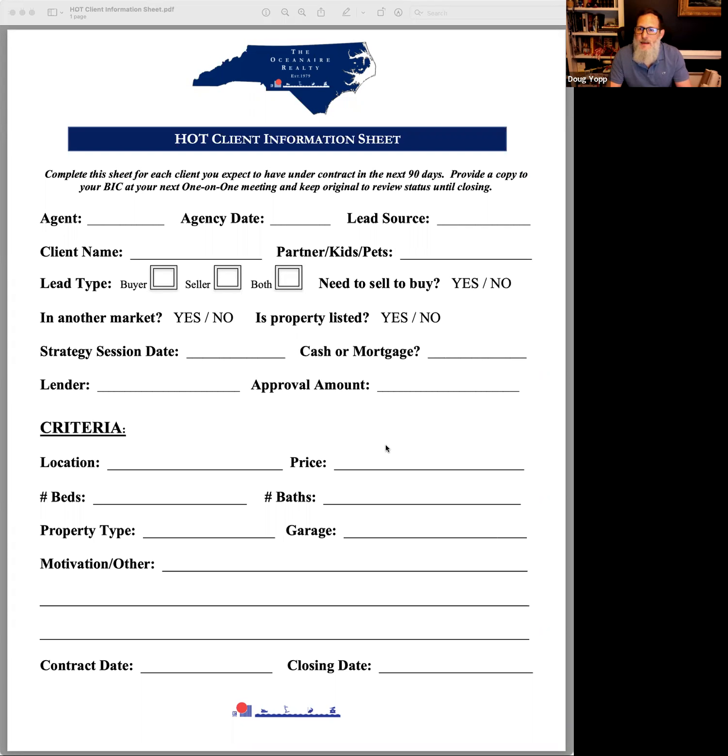Because if you've got somebody in the hot folder and it's 6 months later, well, then you don't really have a hot lead, or at least you didn't when you put them in there, right? So this is about making sure we're giving the right focus and helping people who say they're ready. So very simply, we're starting at the top, answering those questions. All right, whose client is this? And when did we get agency? And what's the lead source? All big things that we need that's going to go into our systems anyways, right?